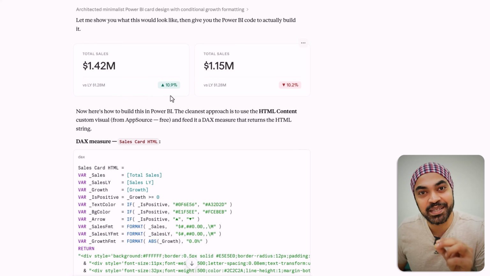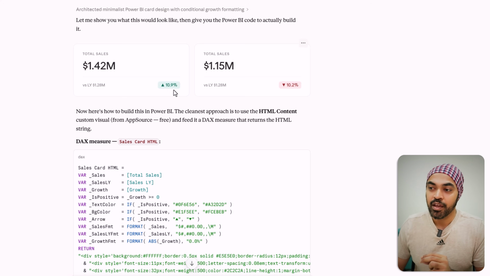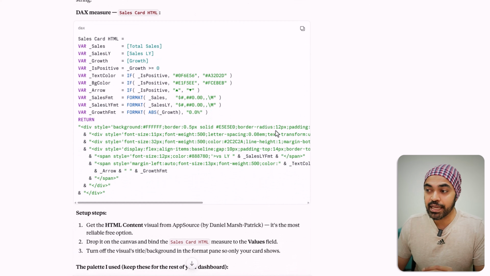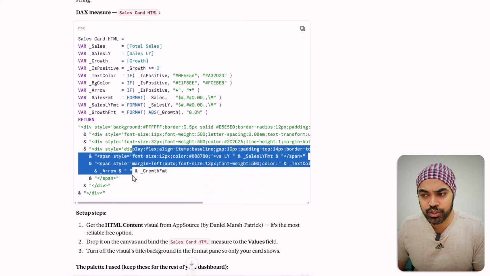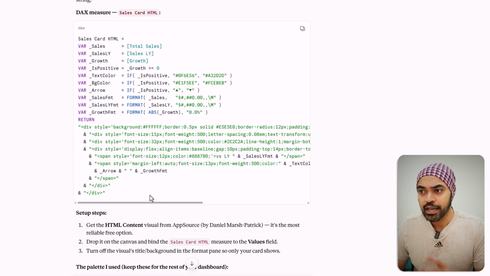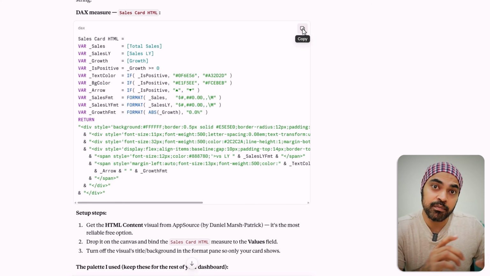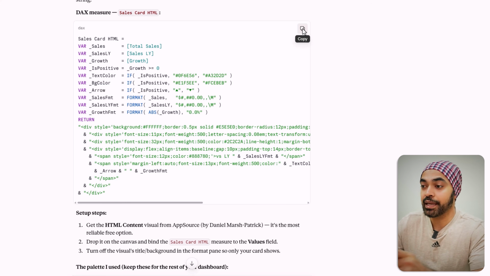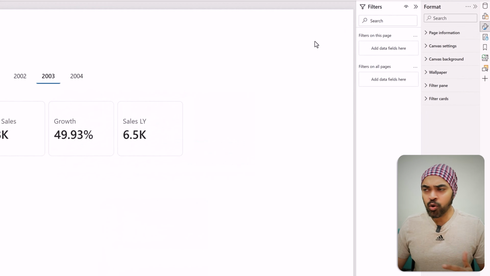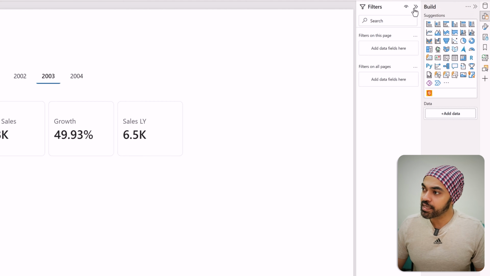All three numbers are combined in the single visual, where you can see the growth percentage or the drop percentage. And you're also going to see that it has given me this measure, which essentially uses this HTML script inside of it. For the moment, I'm going to copy this particular script or DAX measure and start to add a custom visual in Power BI, where I can dump this measure. Let me show you. So I'm going to go over to Power BI, and in the visualizations panel,